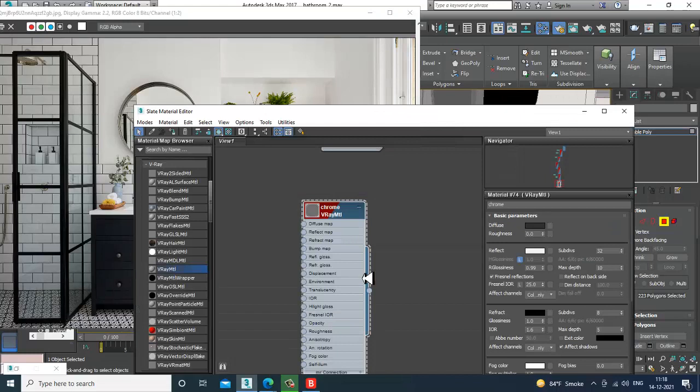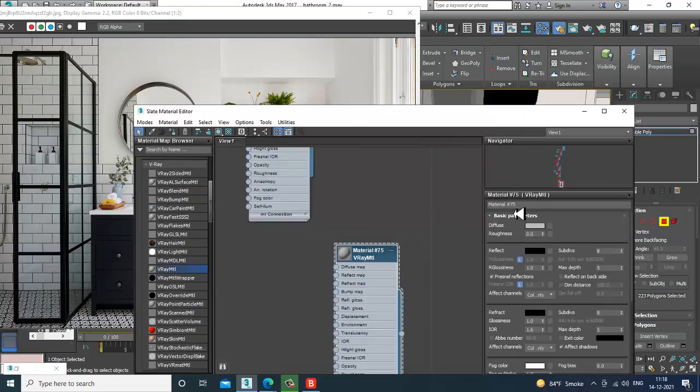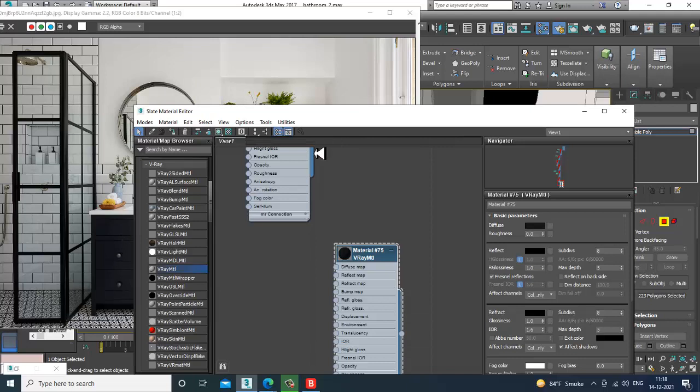Let's go into the material. Take a V-Ray material. I'll just pick a color, slightly assign a color. I'll name it as cabinet over here.